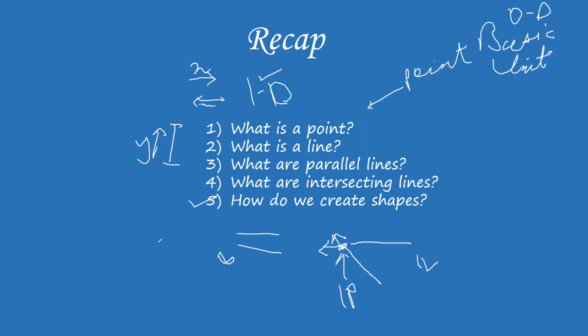So how do we create shapes? By using lines. So if I want to create a rectangle, can you just tell me the process? Just a minute, Aditya. Prince is answering. Just hold on a sec, Aditya. So okay, Prince. I want to create a rectangle. So basically, what do I do? I take one line like this. Then I put one more line. What do I do next?